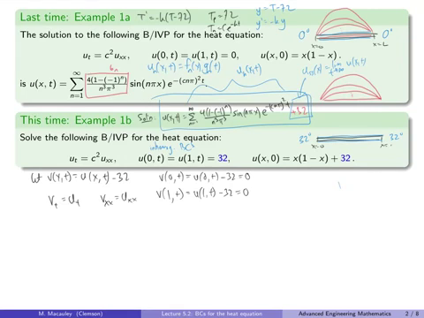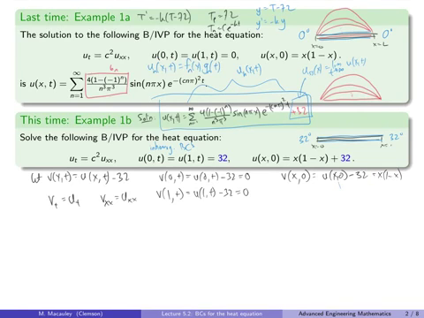We also have an initial condition. So v at time equals 0 is just u of x and 0 minus 32, the steady state solution, and so that leaves us with just x